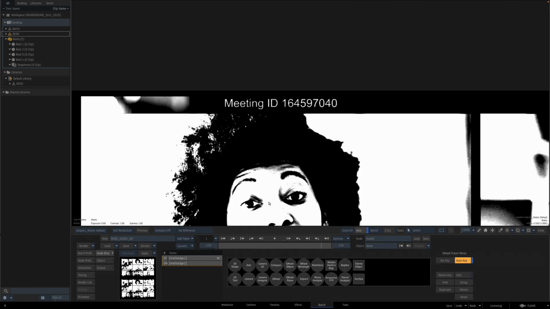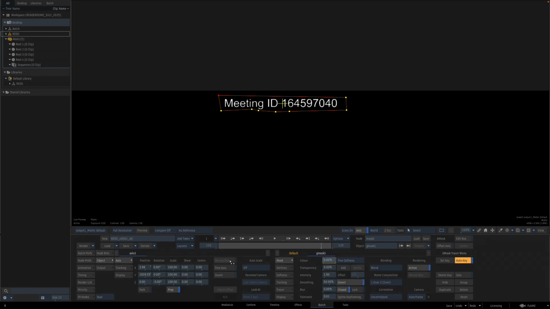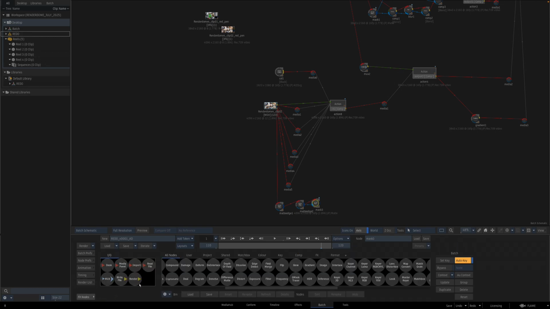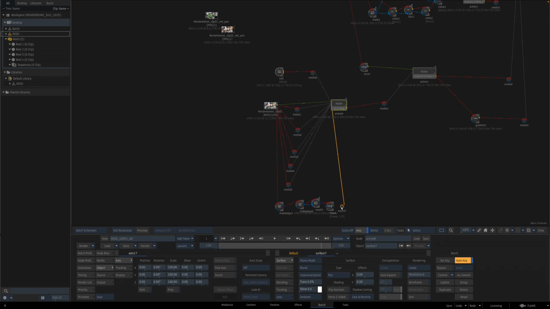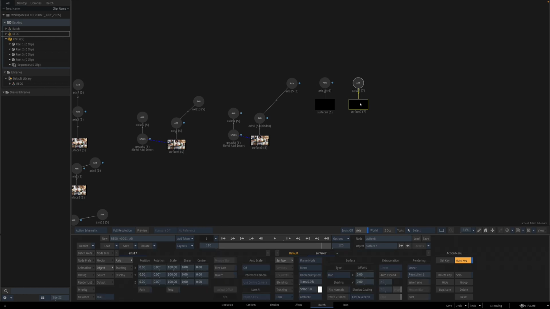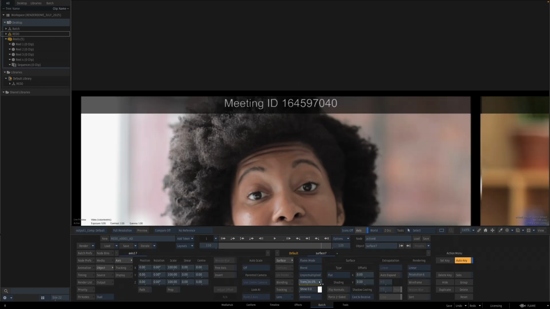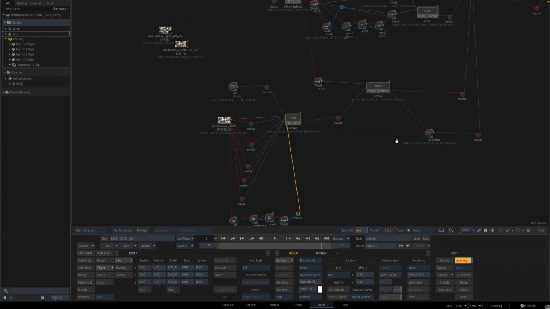Make a Gmask tracer, plug in both inputs, just loosely cut out this frame, invert the mask, set the color to black. And now we've got that. Put a mux node in here, freeze the current frame, add this just as a matte, and dial back the transparency to taste. And there you go, you got your meeting ID back in, and that's the end of